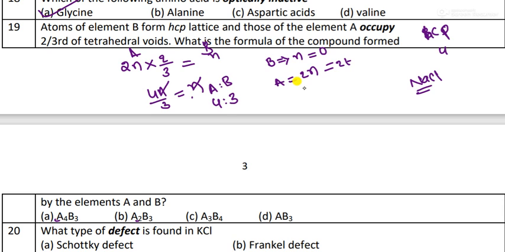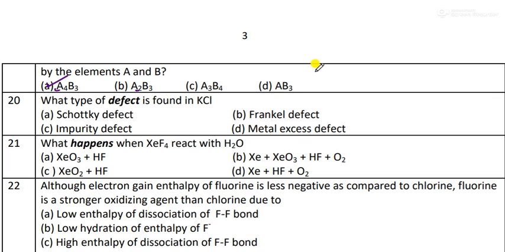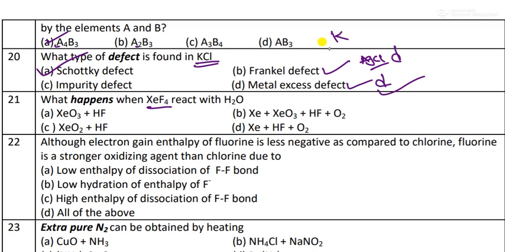So what they have given, suppose I'm taking the number as 2n molecules, they're occupying the 2 by 3rd of the tetrahedral voids. How much percent? 2 by 3rd only. You take B, B is nothing but n molecules. So remember, this is A, this is B. You can see what happened there, multiply here. 4n by 3 is equal to n. Simply take this, both n's are removed. What happened there? 4 is to 3 ratio. It means the A, B ratio is nothing but 4 is to 3. The answer is option A only.